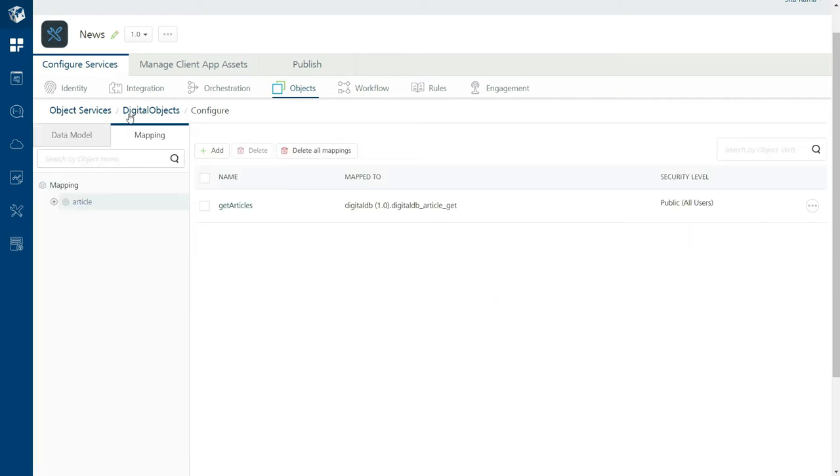Currently, the digital objects object service has the article object inside it, and this article object has a get articles verb defined on it. This get articles verb is talking to the integration service of type database. So now we want to point this get articles verb on the article object to the new integration service that we have created. So we are going to remove this get articles verb that is defined on the article object,